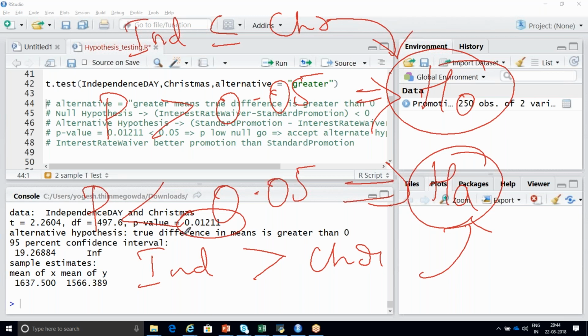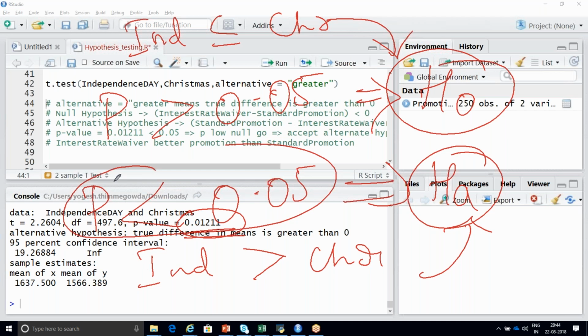What is your p-value? The p-value is 0.0121. Is it less than or greater than 0.05? Yes, it is less than. So which one will you accept? Obviously the p-value, right?